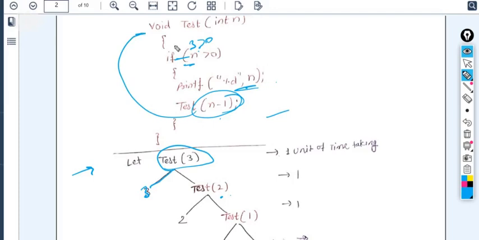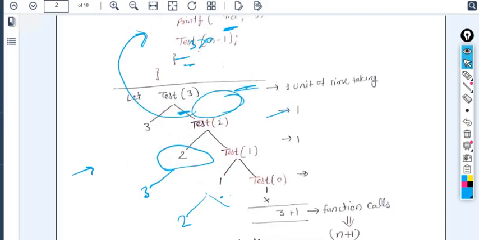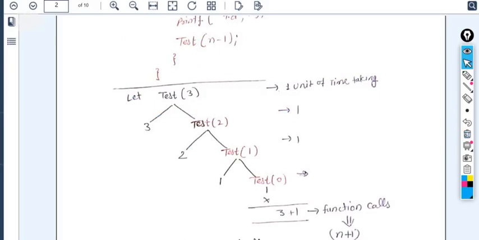Again it will go back to the function, because we have called the function test here. Test of n minus 1 will be there, so test 2 is there. Again it will print the value of n as 2, and n minus 1 as 1, so the same for test 1 and test 0. At the value 0, it will come out of the function. When n becomes 0, it will not go through that condition again.